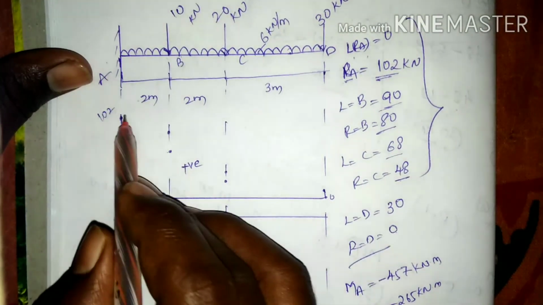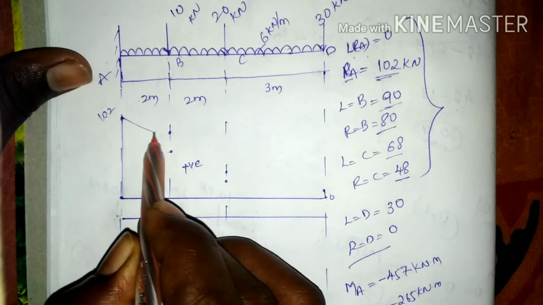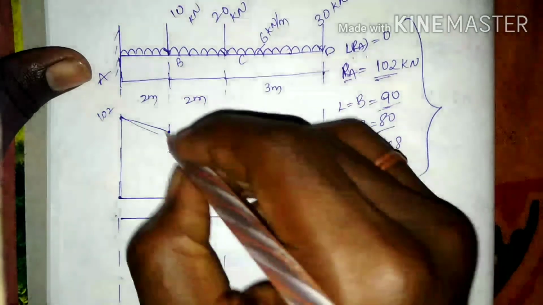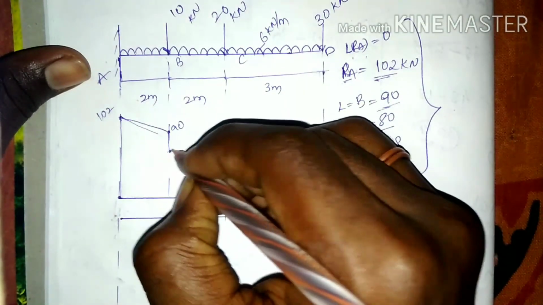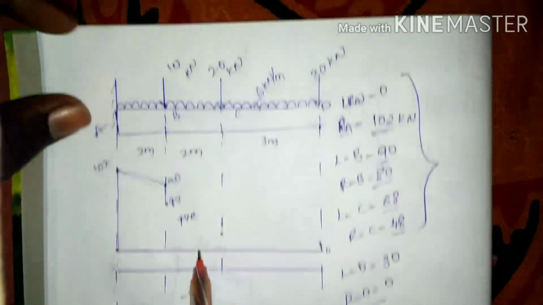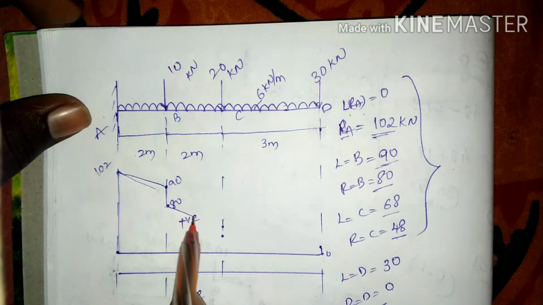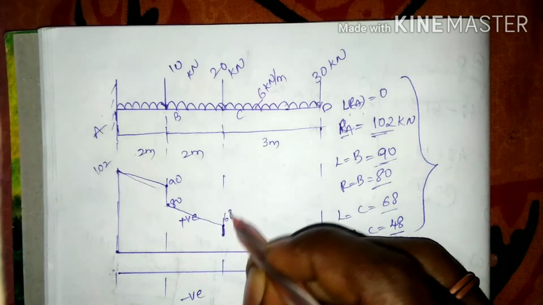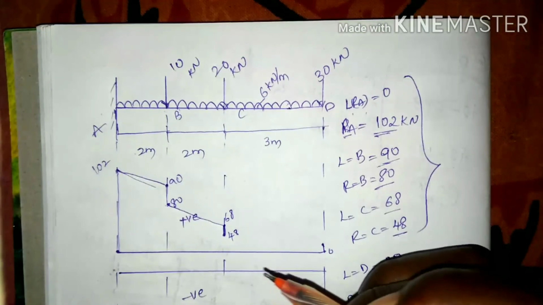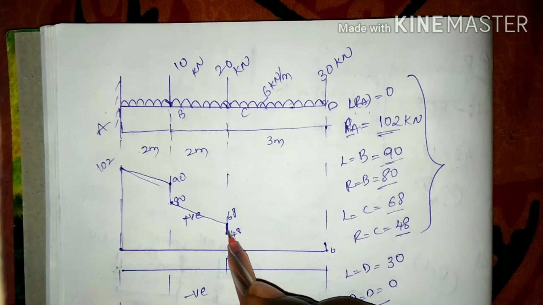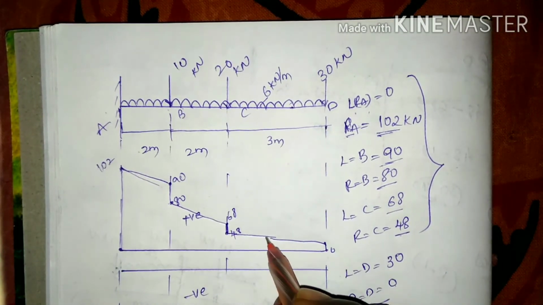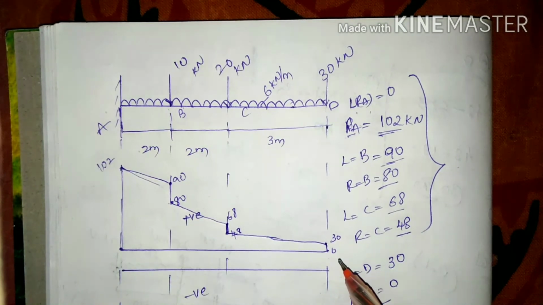this is inclined because it is going on gradually decreasing for the value of 102 to 90, thereafter 80, from 82 it is going for 68, then after it going for 48, here 68, here 48, and thereafter it is going on to the value 30, for the 30 value, and thereafter 0.